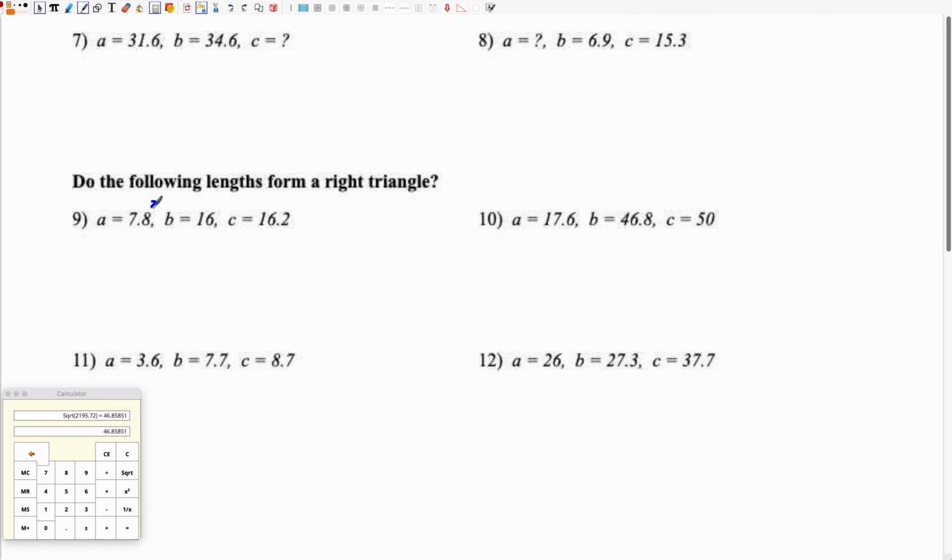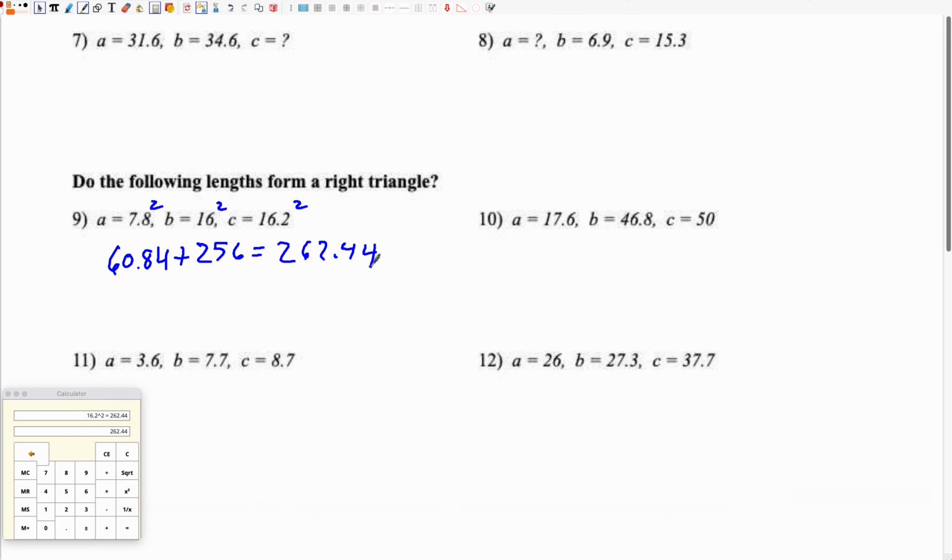So 7.8 squared plus 16 squared equals 16.2 squared. So 7.8 squared, 60.84, plus 256 equals 16.2 squared,